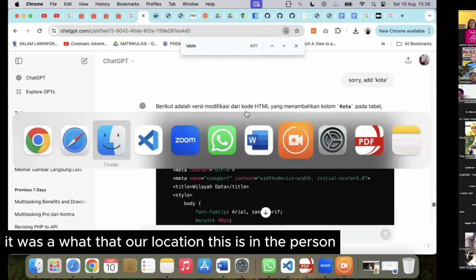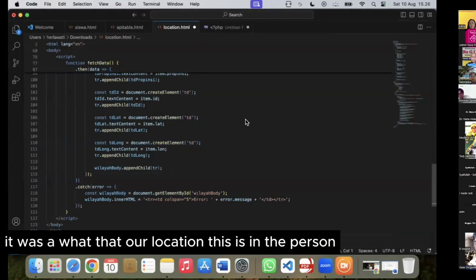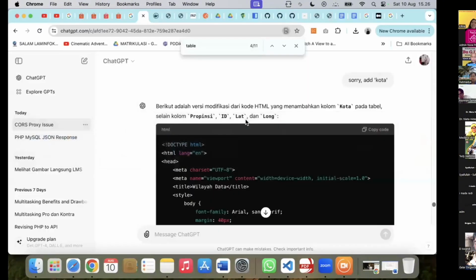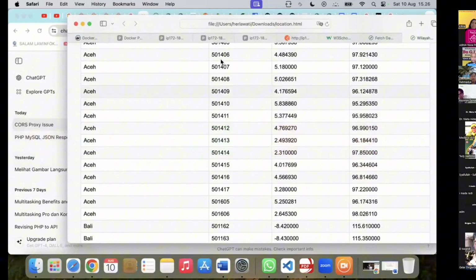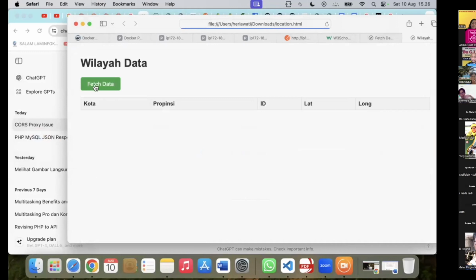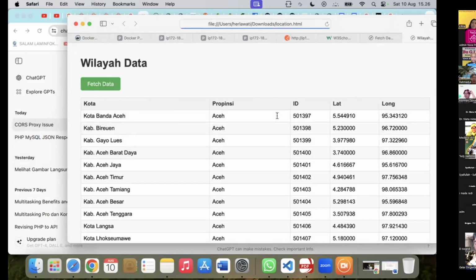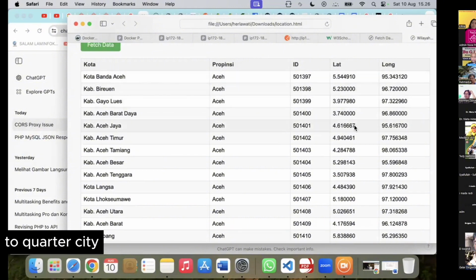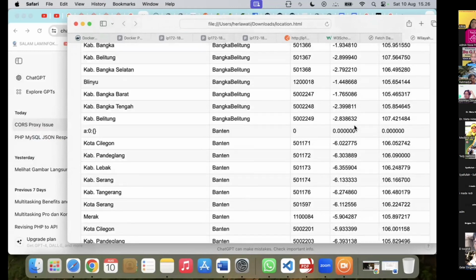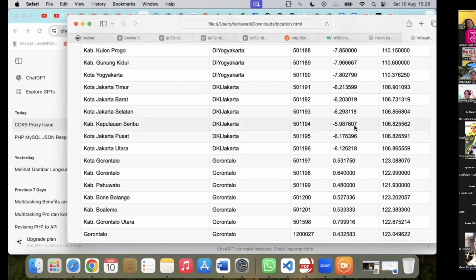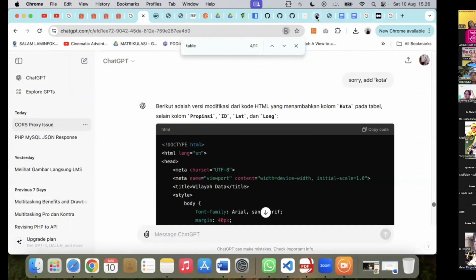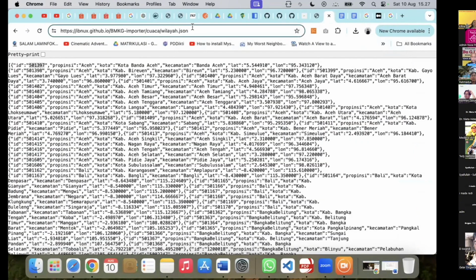There is a kota or location. Okay, we revise to add kota, city. We refresh. There's a city. Okay, this is city, province, and this is the latitude and longitude.